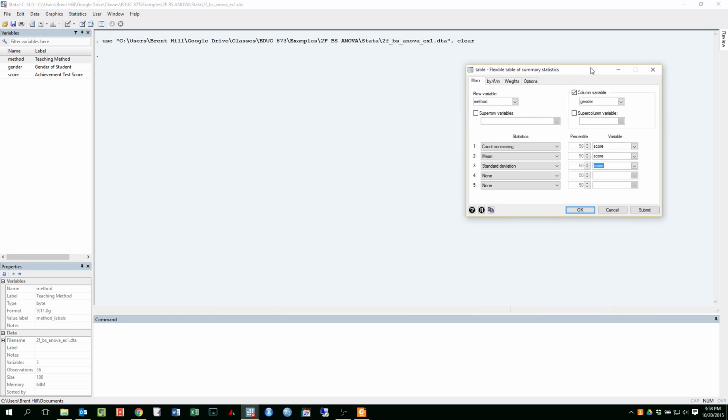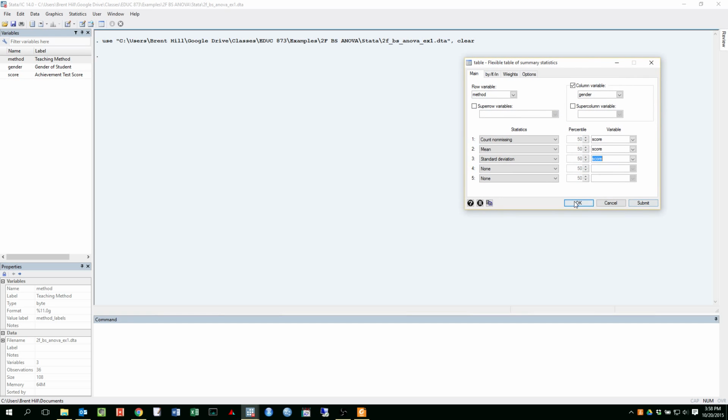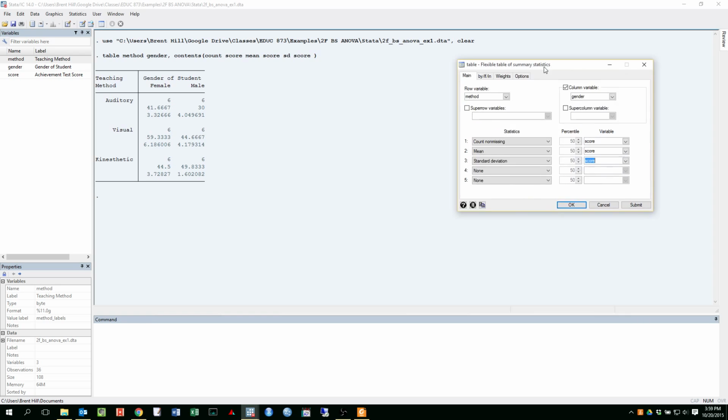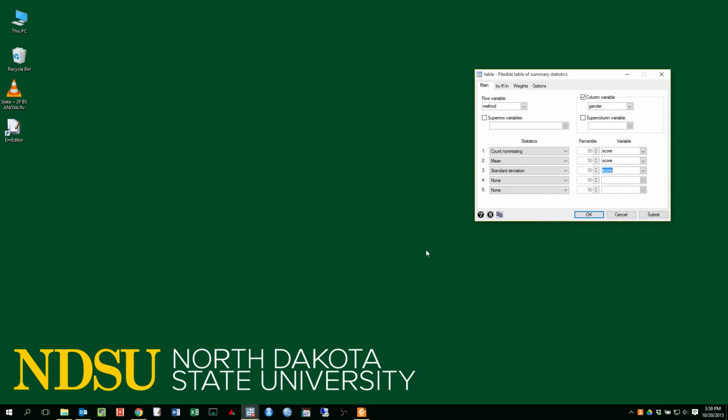Okay. So once we have that set up, you could click the OK button and it would run it and produce the table, but let me show you a little trick. There's a button over here on the right that says Submit. I'm just going to click that. It still runs it, still produces the table, except it leaves this window open